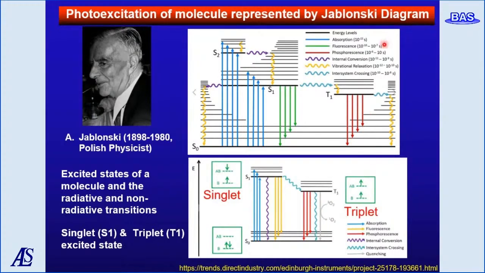for phosphorescence. The spin state in the excited state is important. Singlet has the antiparallel spin, and the triplet state is the parallel spin state. Further, the triplet state is quenched by the oxygen in the air. Therefore, the Jablonski diagram is widely used in fluorescence spectroscopy to illustrate the excited states of molecules and the radiative and non-radiative transitions that can occur between them.